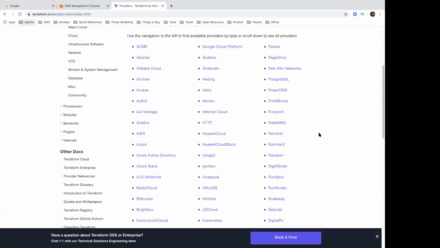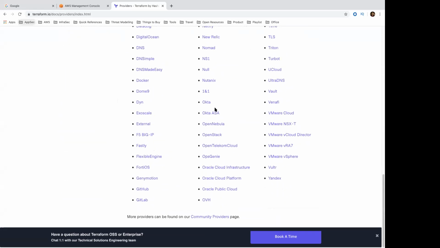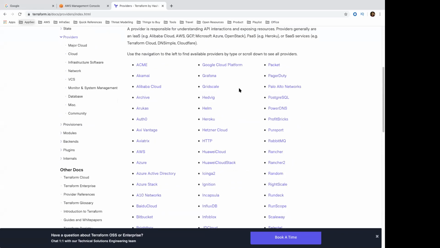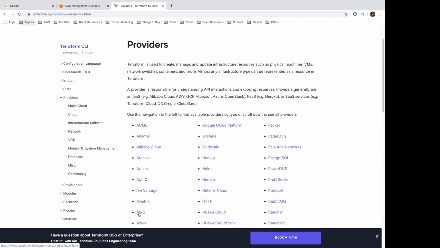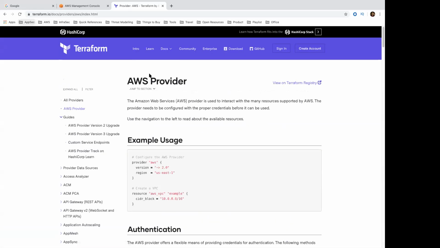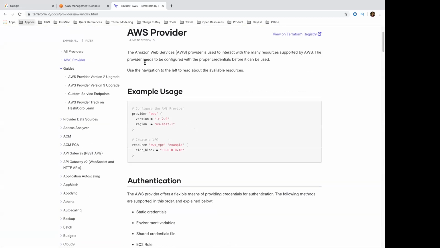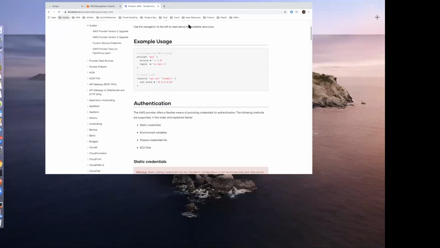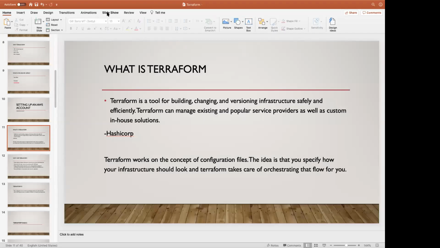So there are a different set of SaaS platforms that could be easily integrated using Terraform. You can go ahead and look at these different available providers, and if we get into one of these, let's say AWS, it also gives you a clear snippet that you can use to spin up instances or different resources. We'll come back to this again, but let's get back to our slideshow.